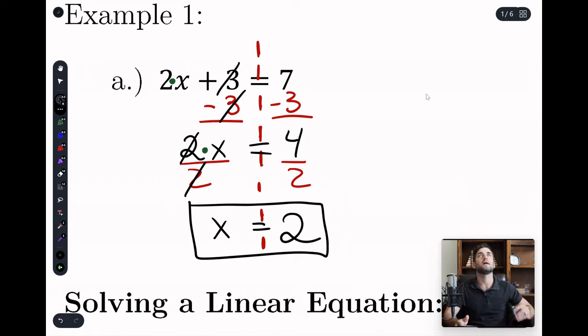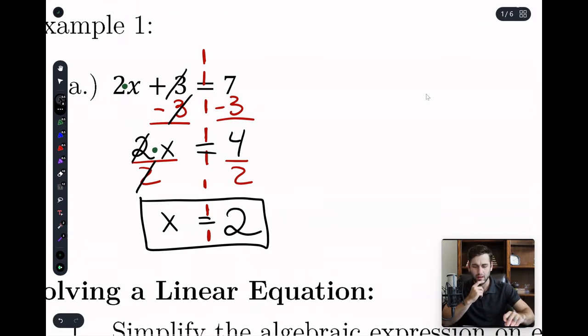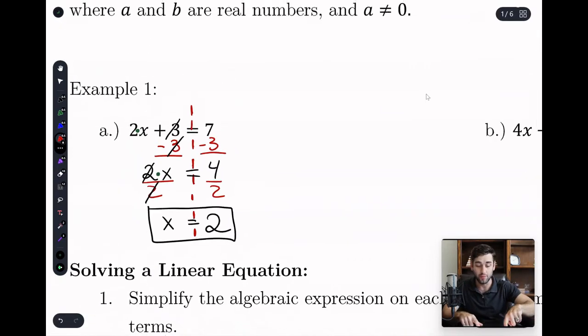Not too crazy, right? Hopefully. If that was all college algebra, you'd be like, woo, we're done. Yay, that's easy. It's more like regular algebra. We're not going to do the second example. I'm going to leave you to do that on your own. But you know what we are going to do?